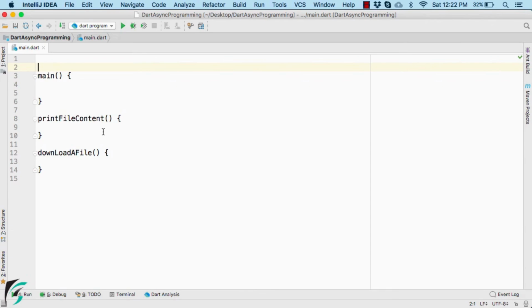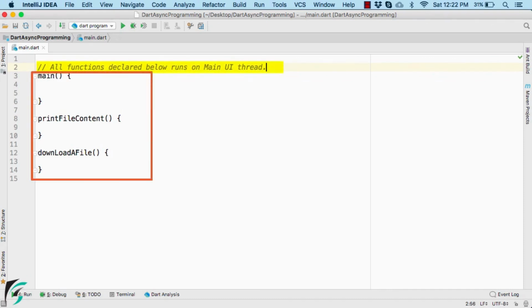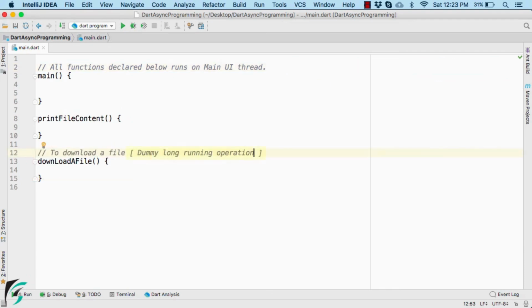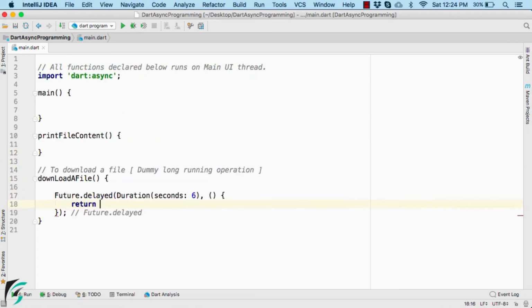Now whenever you run any application, whether in Dart or in Flutter, our application runs in the main UI thread, which means all the functions that are declared here, such as the main function, print file content, and also download a file, will run in the main UI thread. Now this function of download a file will be used to download a file from the server. So within this function, I will simply write a dummy long running operation. Well, this code is actually our dummy long operation, which will take 6 seconds